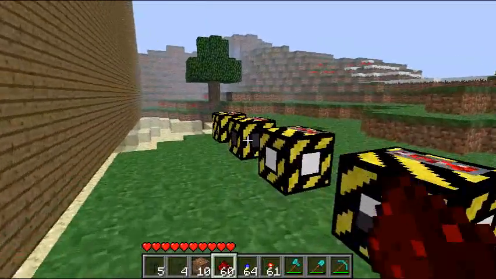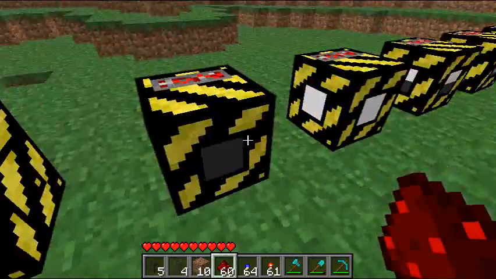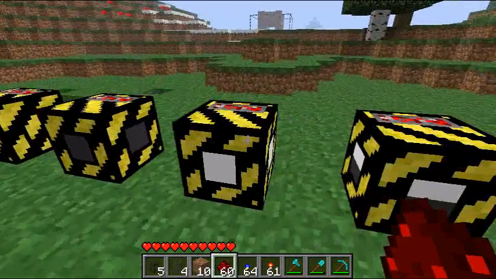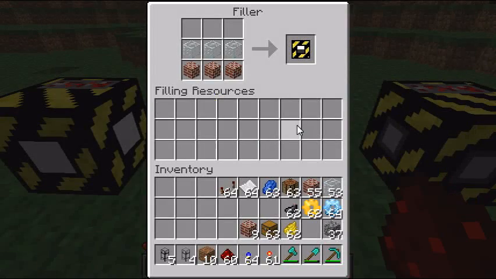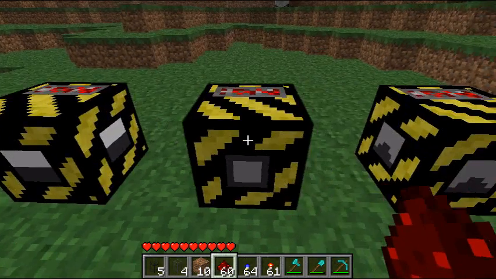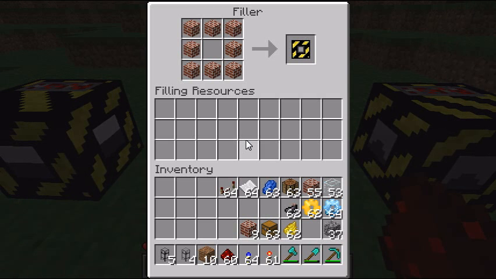So this is a filler with no pattern, filling pattern, clearing pattern. This is a flattener, so as you can see, it's designed from a layer of bricks and a layer of glass, and this is going to fill everything that's under the area and clear everything that's above it. These patterns create wall, ceiling, and floor around the area.